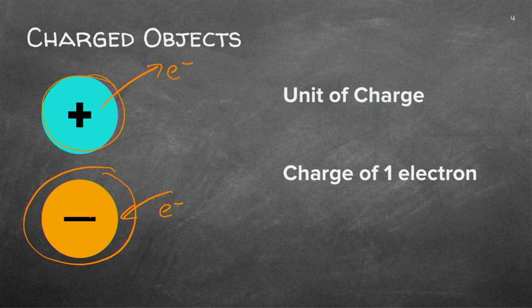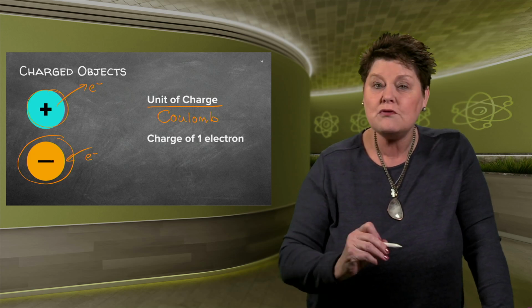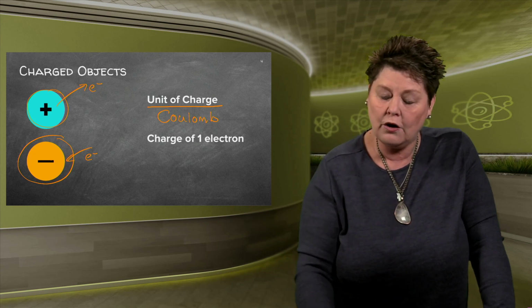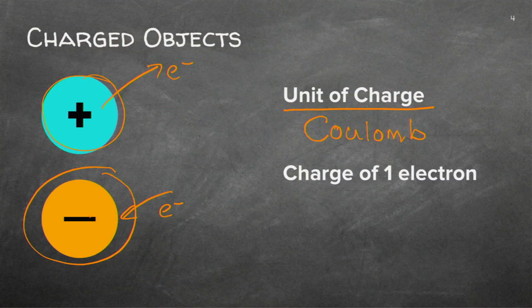What do you have to know? What's the unit of a charge? The unit of a charge is a coulomb, named after a French physicist, Coulomb. In actual fact, his name is with 72 other scientists, not just physicists, written on the Eiffel Tower. They actually have the names written down of French scientists that made a difference in the world. Coulomb, abbreviated with a C like that. So make sure that you know that.